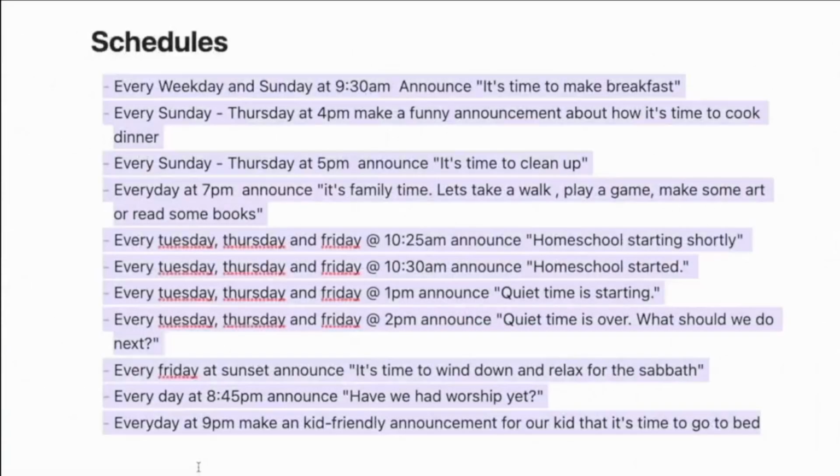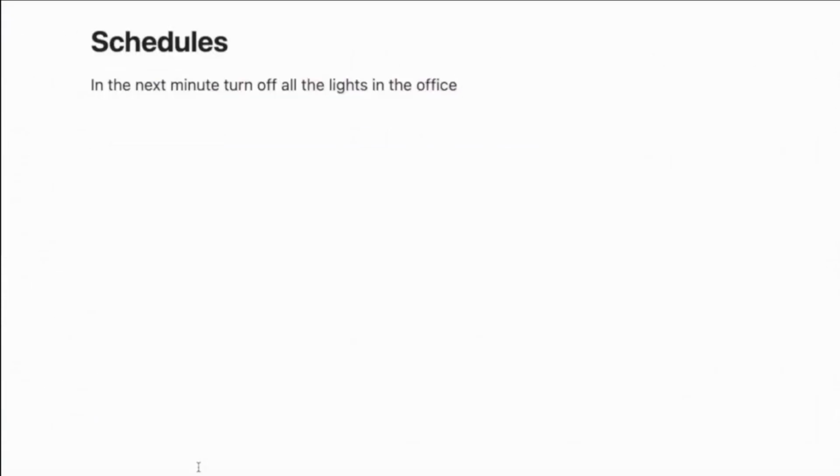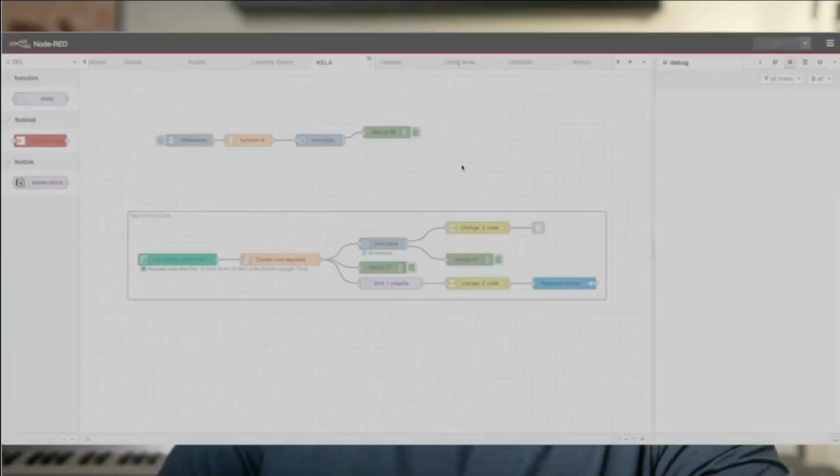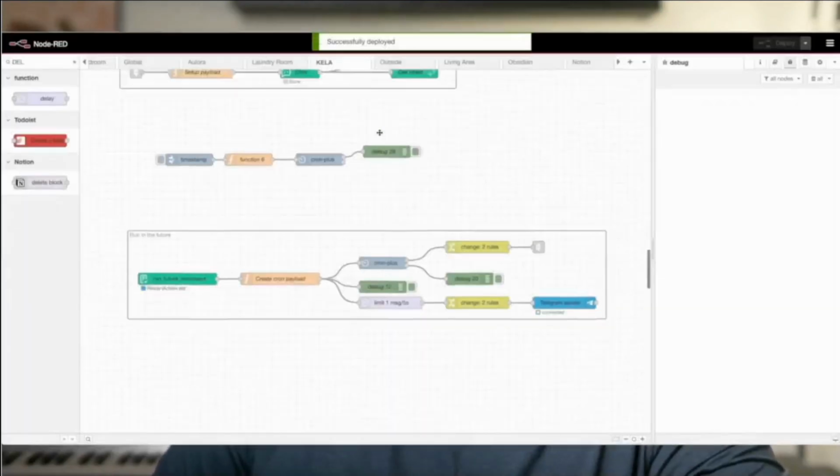But I'm going to demo this to you. Let's do something new and see it work in action. I'm going to update this to simply say, in the next minute, turn off the lights in the office. That's where I'm at right now. So in the next minute, we're going to turn off the lights in the office, and let's deploy this. All right.